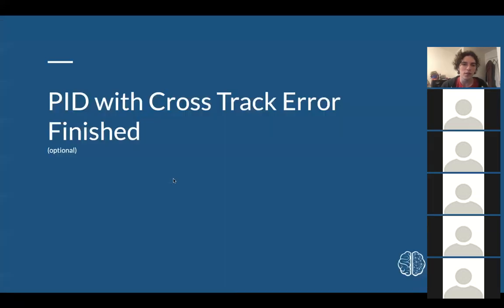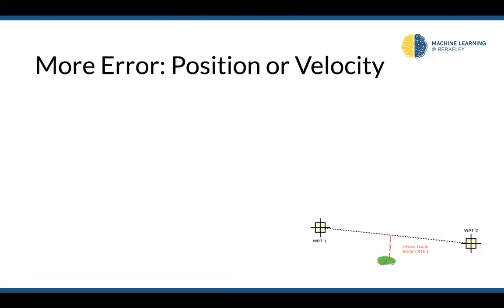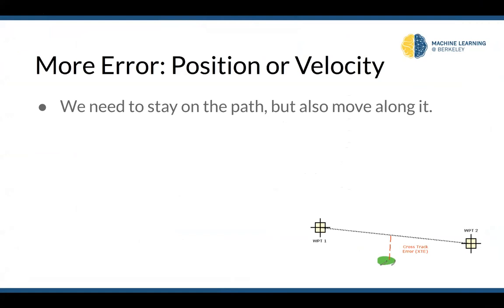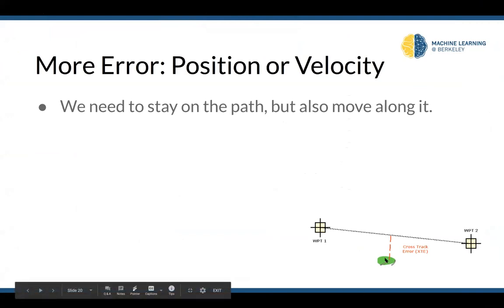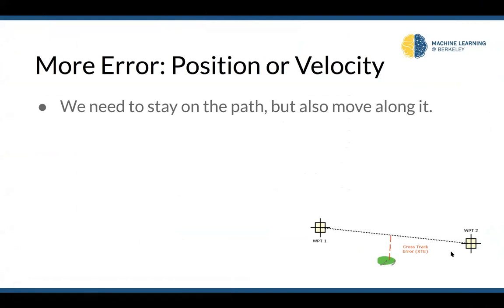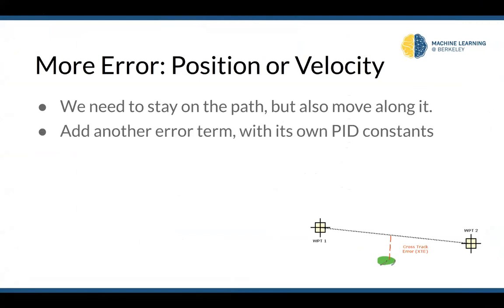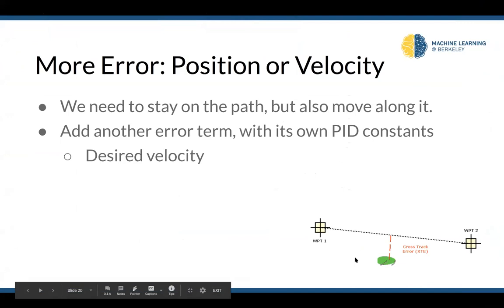But we saw this in the demo. We have one error which we measured, which is that we want to stay on the path. We want to correct our steering if we're off the path, but we also want a control loop to progress along the path. We want to move forward. So we can parameterize this using different errors, much like cross-track and angles. We can look at, say, the desired velocity. We want to be cruising at a constant speed,